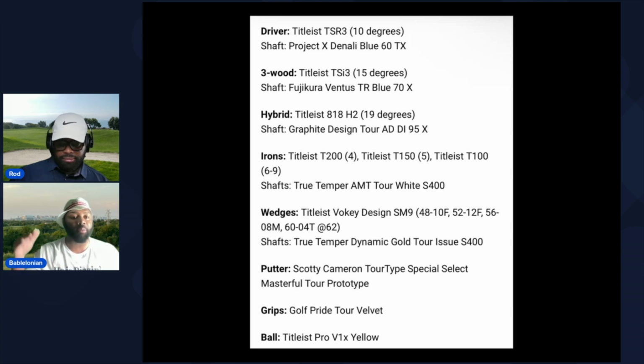The AMT Tour White is a progressive set as far as the gram weight goes in each shaft. So the higher lofted clubs like the 9 and the 8 are your heavier ones, and I think the AMT White goes up to like 115. It might be a little bit heavier because it's the S400, a little bit stiffer, like a stiff plus type shaft. But when you get into the lower lofted clubs, like the 4 iron and the 5 iron, that's right around 100 to 105 gram weighted shafts so that you can still feel like you're swinging it fast. But that in itself is a very rare shaft to see in a tour player,